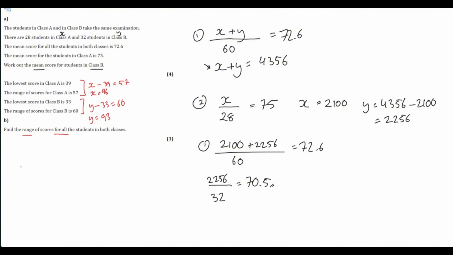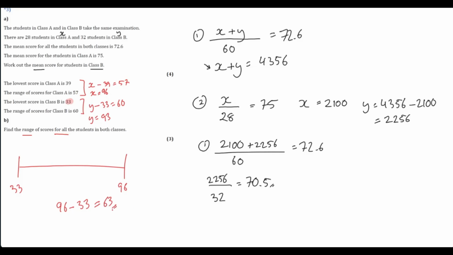Okay, so if I just do a quick number line, our lowest, which is our lowest here, we have A is 39 and B is 33, so that's our lowest. Our largest number is 96, and that's A. Okay, so remember the range, again, is the largest, take away smallest, so that would be the range. So all we have to do here is do 96, take away 33, and this will be our final answer,